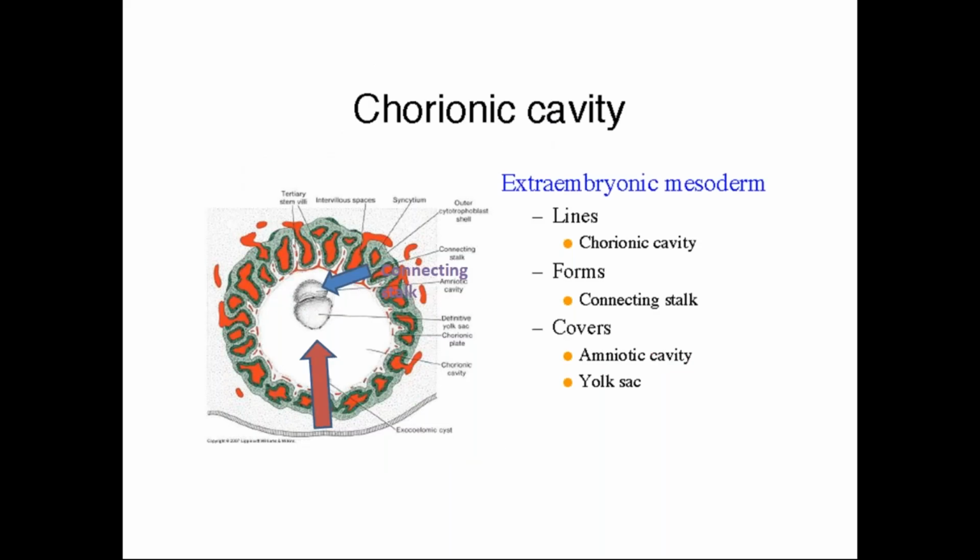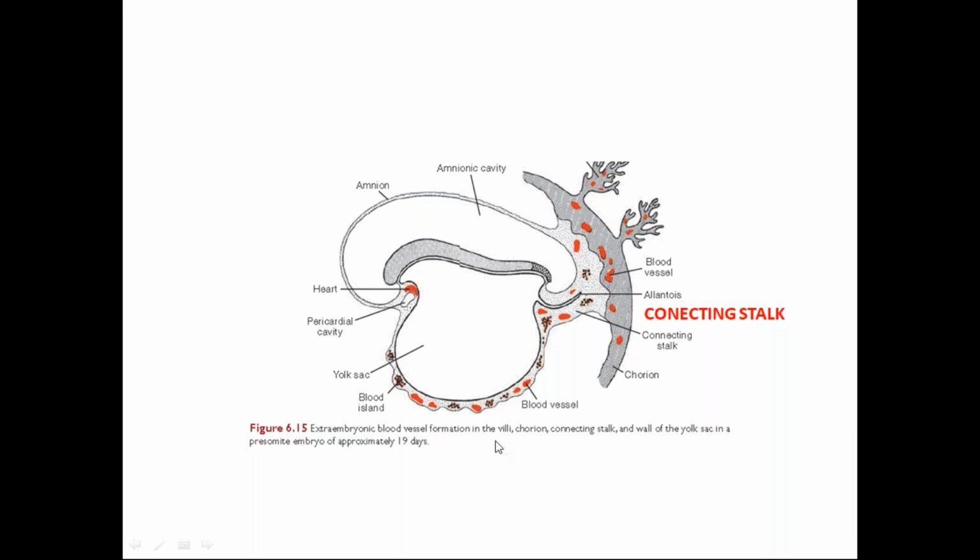Similarly, the extraembryonic mesoderm, when it comes, lines the chorionic cavity, this extraembryonic coelomic cavity, and as it goes on lining it, there is one place where it forms the connecting stalk, connecting the coelom with these trophoblastic cells. This connecting stalk will form the umbilical cord, and the two cavities out here will be the yolk sac and the amniotic cavity. So this is the